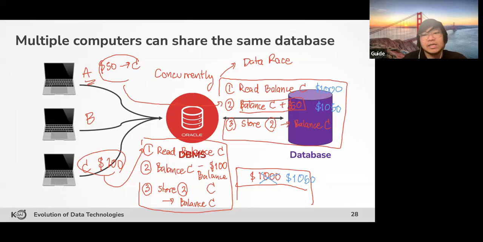And then C also wants to withdraw after A. Okay, C now reads the balance of C. So in the first step, we're going to get 1,050. Then we subtract 100, so we get 950, and then we store it back, so we get 950 at the end. Looks good, right? But if A and C are doing this concurrently,